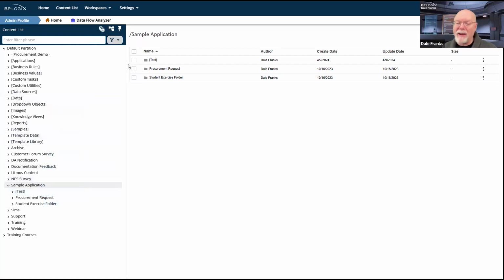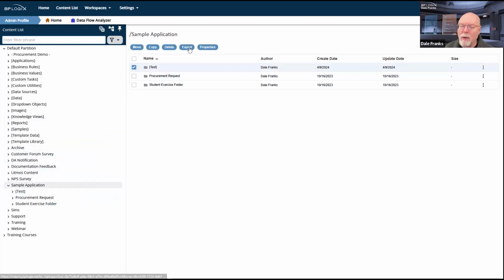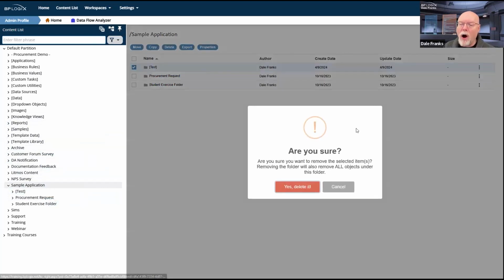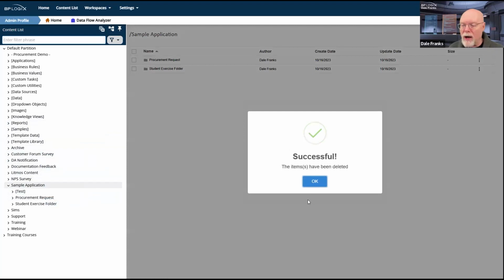So we have had at least one customer who started naming things with square brackets in subfolders and then put in a tech support ticket saying, hey, I can't find my test folder. It doesn't show up. Yeah, that's because you gave it square brackets in the name. And when you did, it became effectively a system folder. And so thus, with system folders toggled, it disappeared off of your content list.